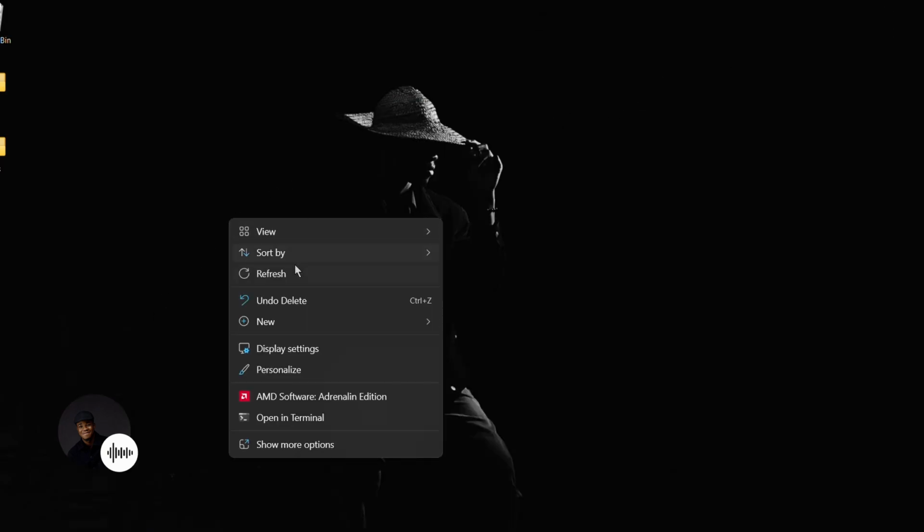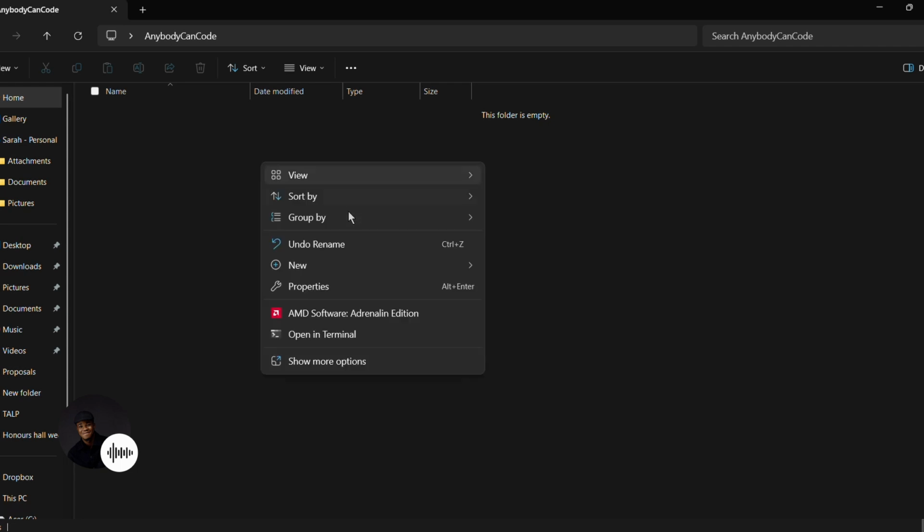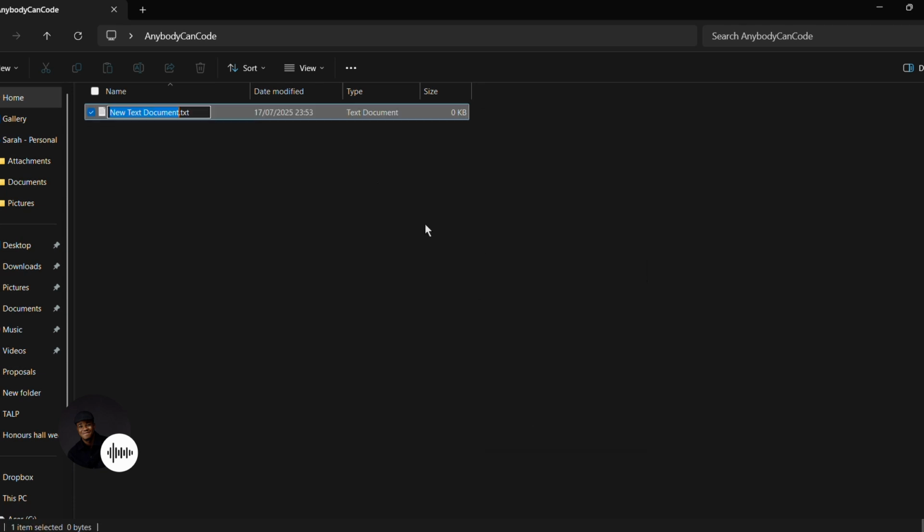So now create a folder. I'm going to name this folder Anybody Can Code, on our desktop. You can name that folder anything. Click inside this folder. We're going to create a file, and the name of the file is going to have the extension of a Java program. Let's say Hello in capital letter,